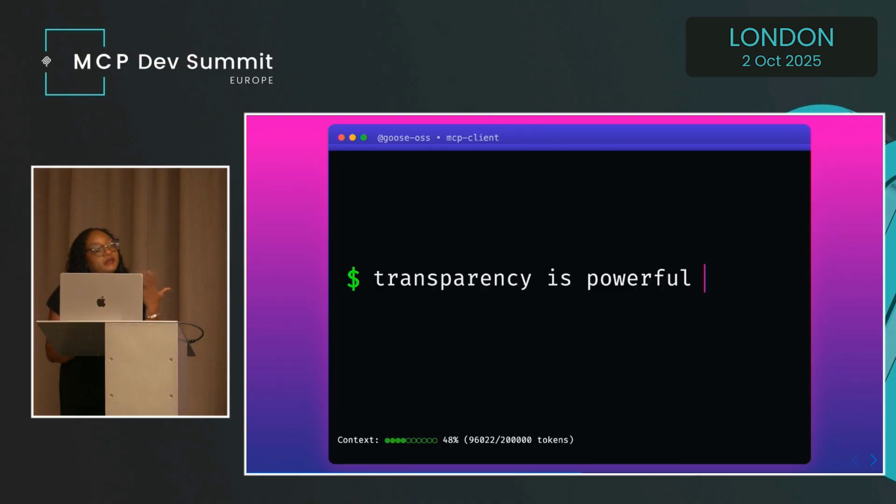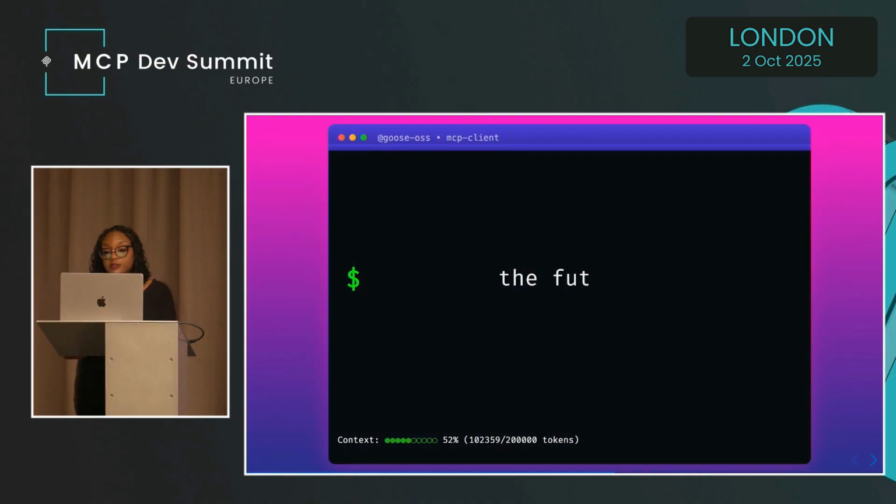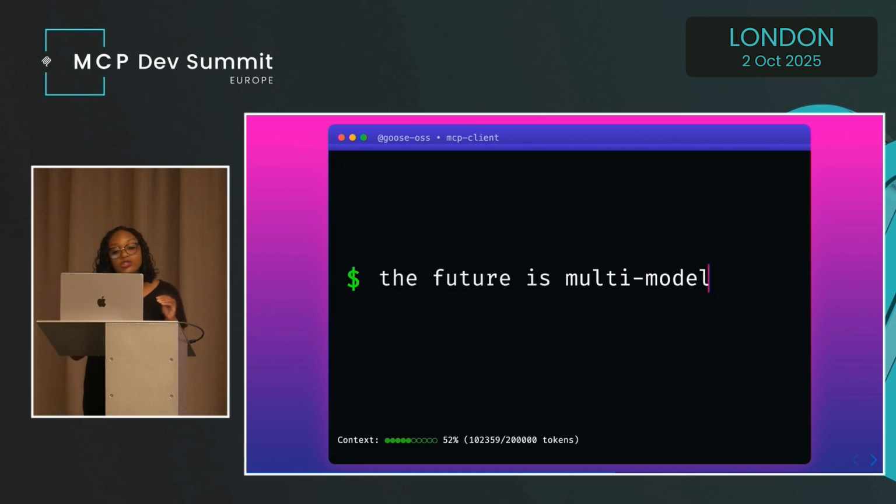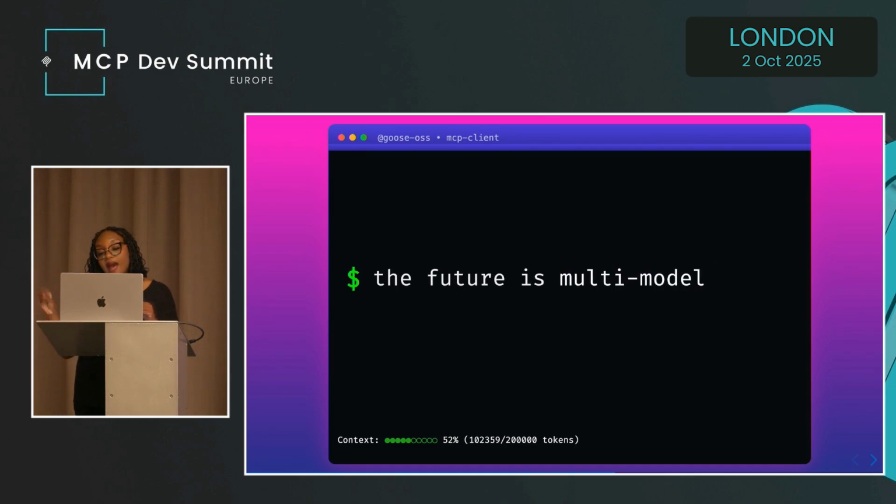So we need to keep sight of this so that we don't end up in walled gardens. Now, by letting users use multiple models with Goose, the community quickly saw the need to be able to use different models even within a single session. Maybe they want a strong reasoning model to do the planning and then a less expensive model to carry out that execution. Great idea. Let's do it.